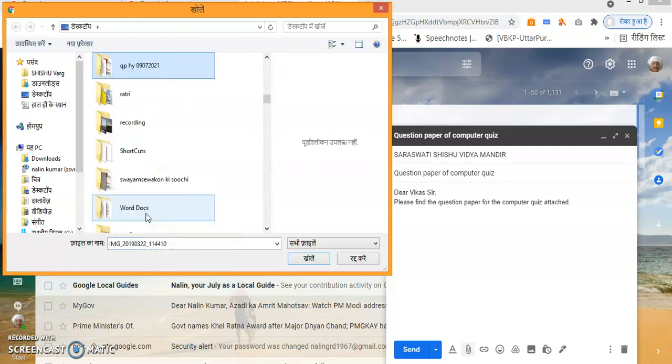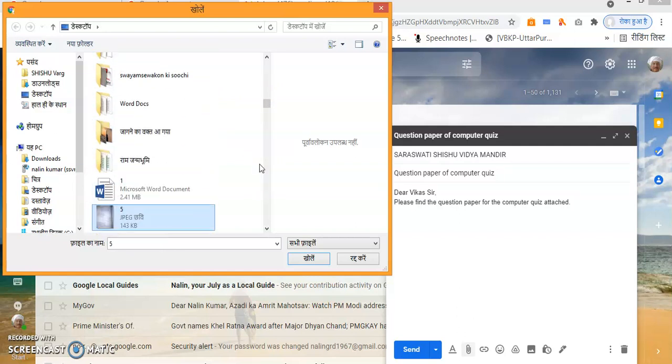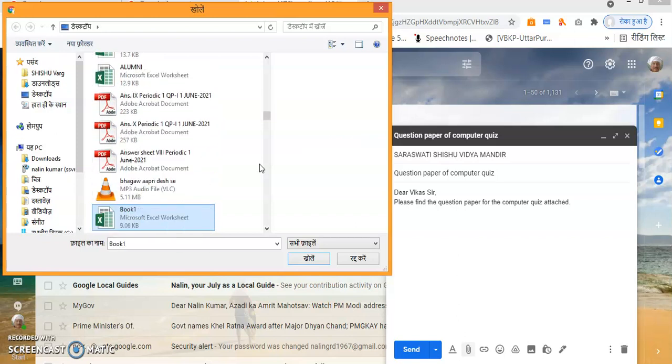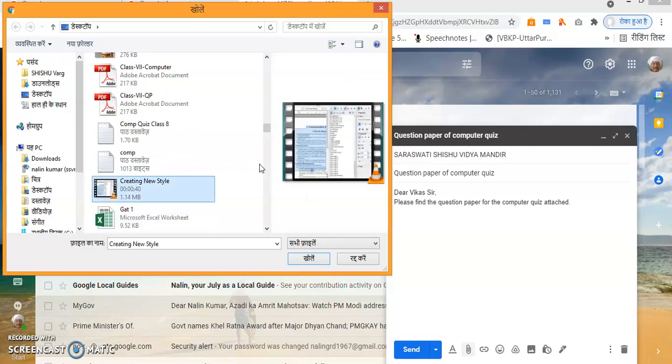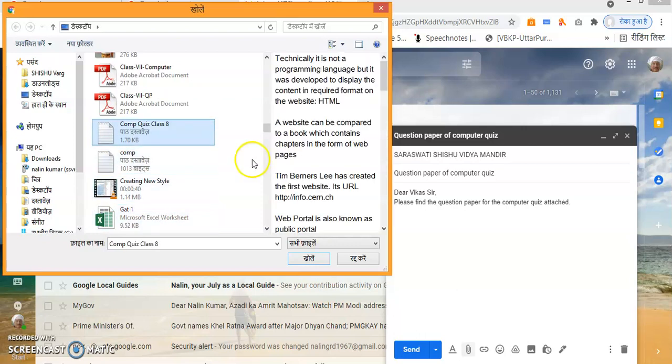but if you click upon it and type the text, you can. So I'm looking for it. Yes, here it comes, Computer Quiz Class 8. So you can find that file just choosing here or simply writing and looking for it.